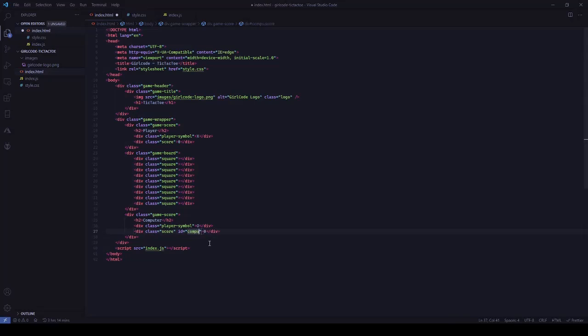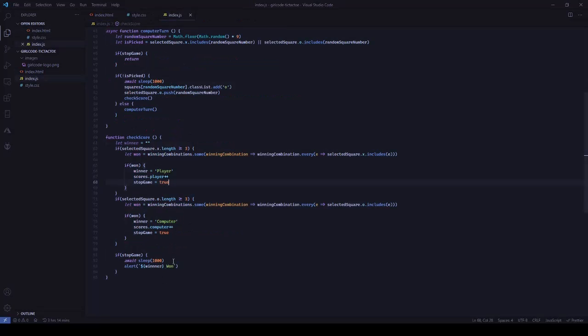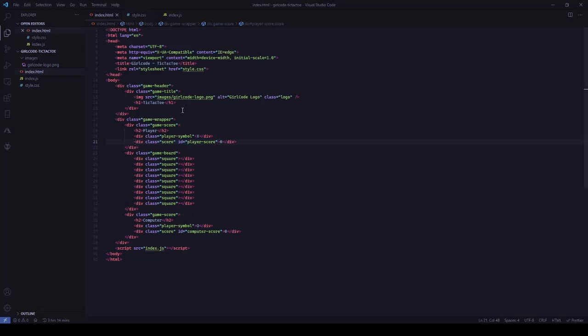We will select using the ID computer score, and this one will have an ID of player score. Then now we can go back to our JavaScript, and after it has played, it will then populate these two. It will update them. So to update them,